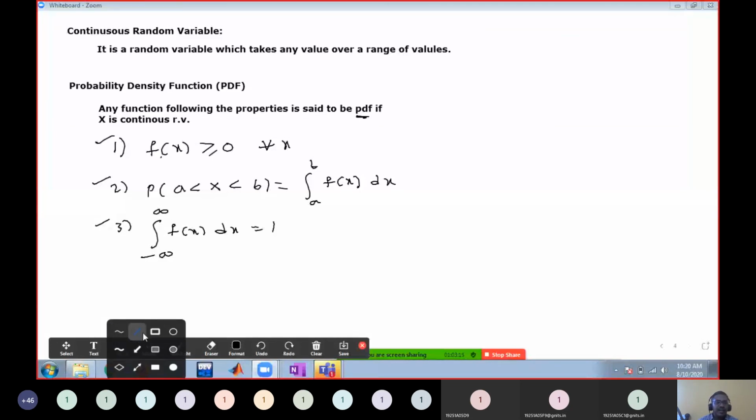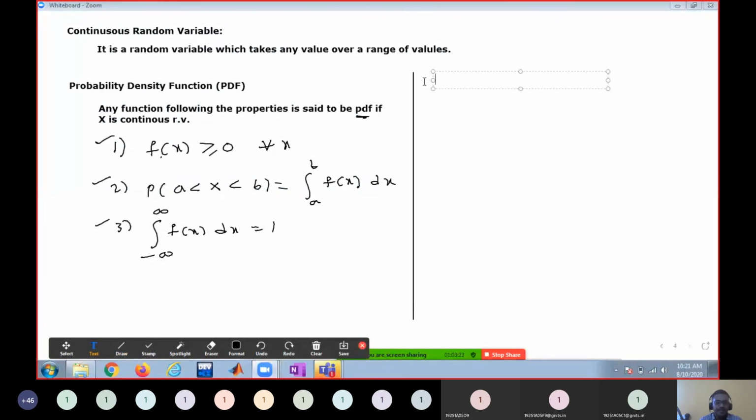Okay, so what is the last point? What is a cumulative distribution function? How do we define a cumulative distribution function? What is the other name for cumulative distribution function? Simply distribution function, or I'll write just cumulative distribution, capital F of x. So how do we define this cumulative distribution? Capital F of x is equal to, can you guess now?